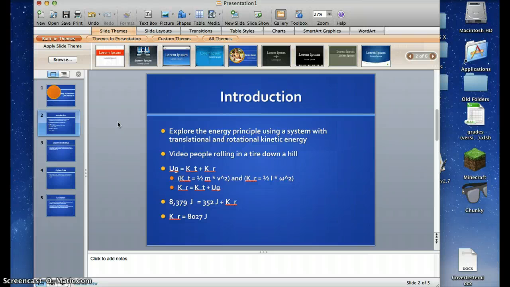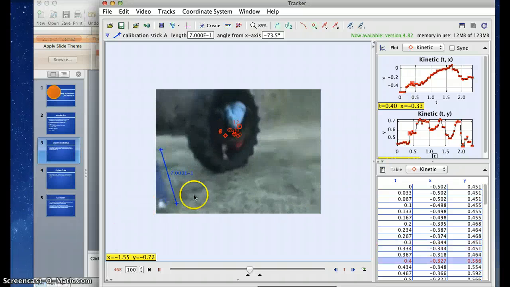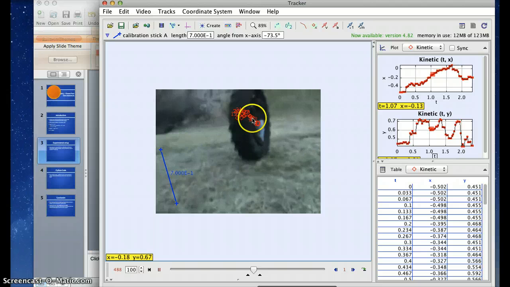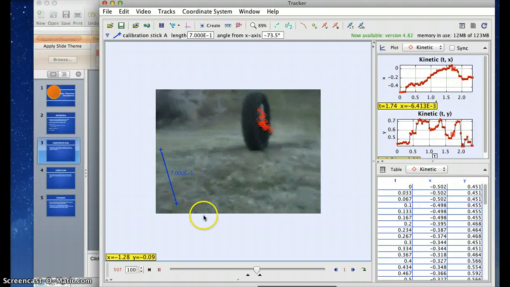With that, I attempted to find the rotational kinetic energy based on the energy principle, assuming that this was a closed system with only gravity acting on it. Here's the video in Tracker. I did my best to keep the center where I was tracking. I used the calibration as the individual on the left's leg,